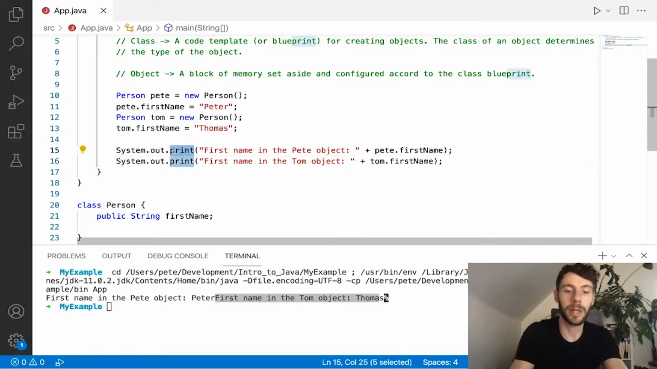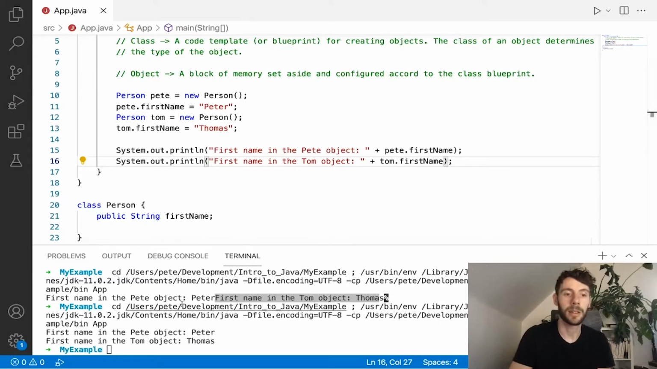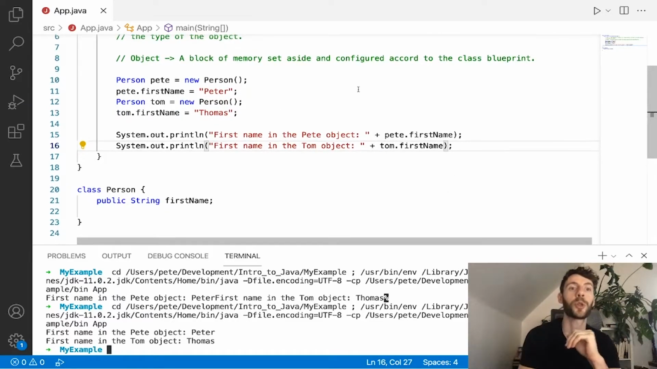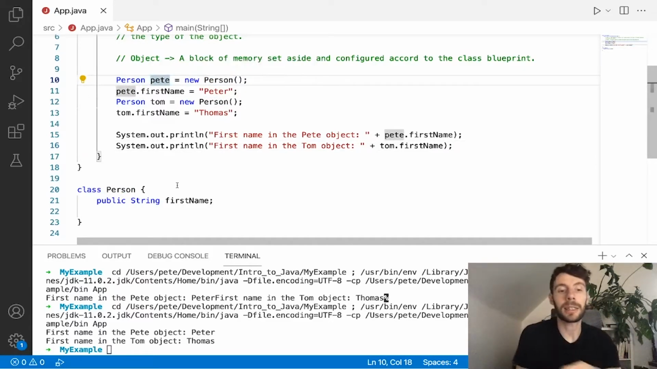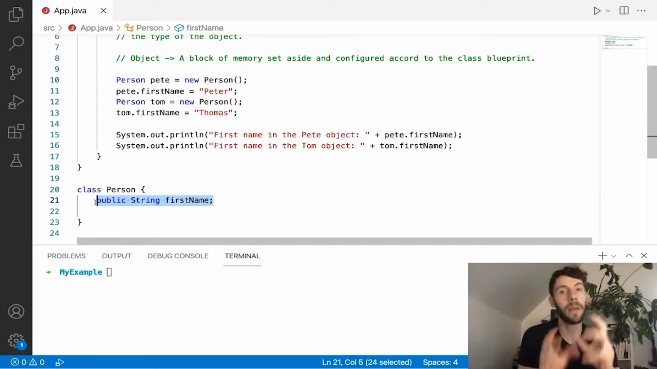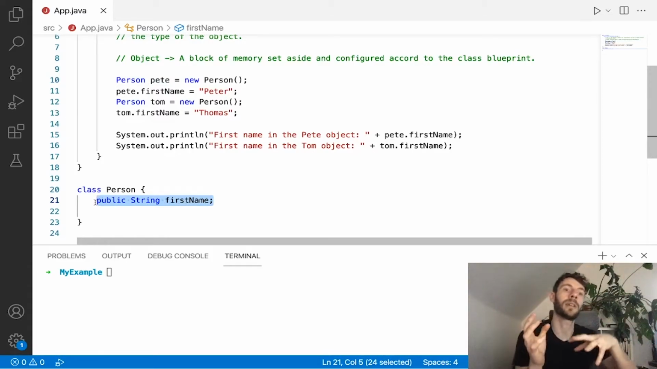We're going to do a print line so that we get our spaces. Just to make this a little bit easier, I'm going to run it again. And we see Peter and Thomas there. And so what that means is that every time you instantiate a class, right? So every time you create an object from a class, that object gets all of its declared methods, and we'll go into methods in a little bit here, but it gets all of the functionality